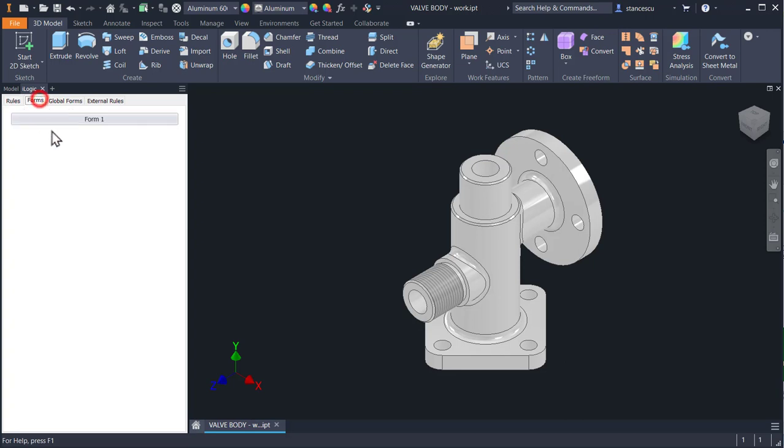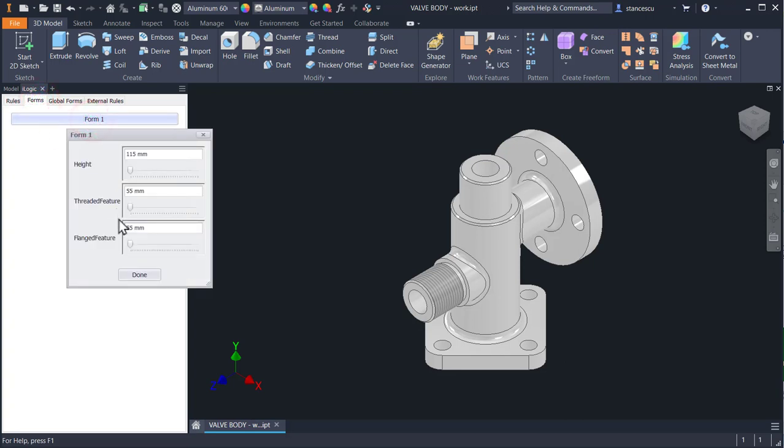Let's see again. No, threaded feature is the second. Excuse me. I want to use this one because it's more interesting in our crescendo presentation. I want to start with this one,